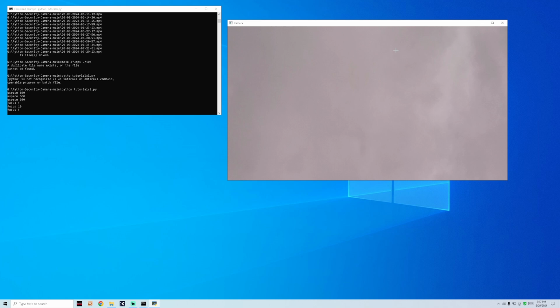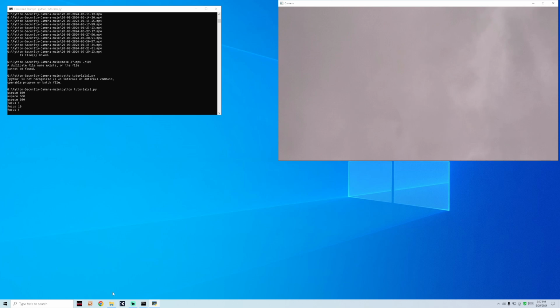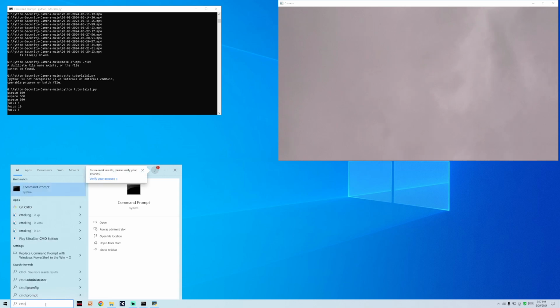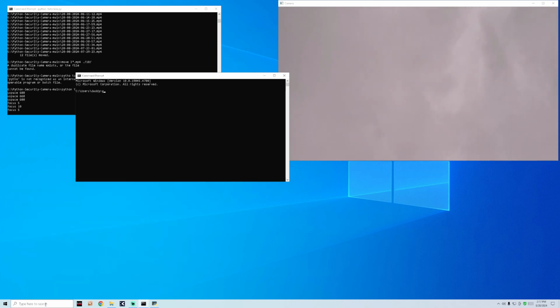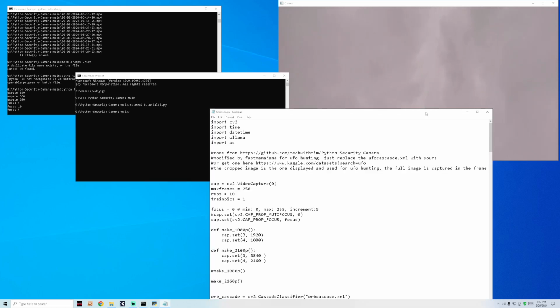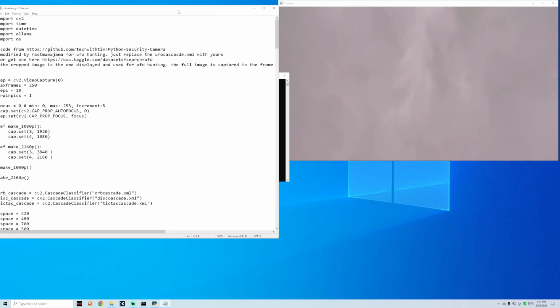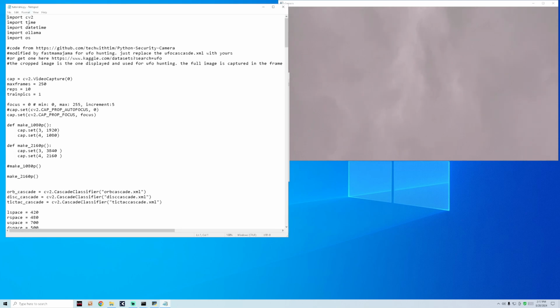So what happens is I'm going to go over the code while this is working here, and show you a few things that are needed for this to work. CMD, and looking at tutorial AI. This is the code, and I want to go over the code so you guys can copy it and understand it. So in this case, you see I'm using opencv, time and date, ollama, and OS is just to